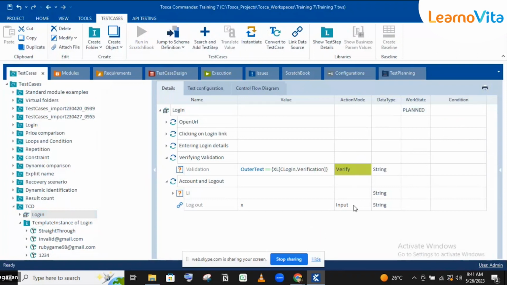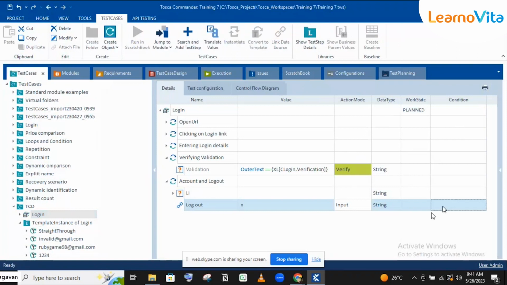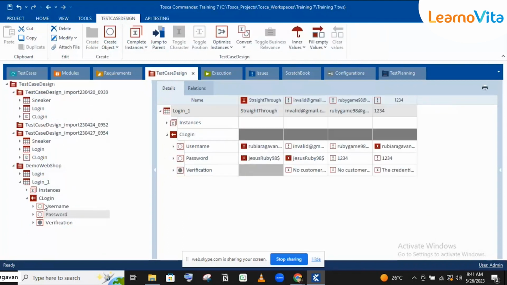Condition. So for this logout action, I want to give some condition, which is if it is only valid password and valid email ID, that time I want to perform this action. For other values, for other invalid email or invalid password, I don't want to perform this logout. So this is the condition I want to give here. So we can give the condition here by